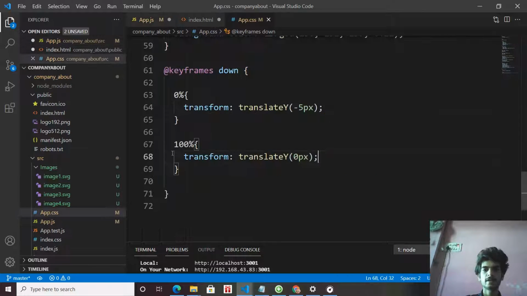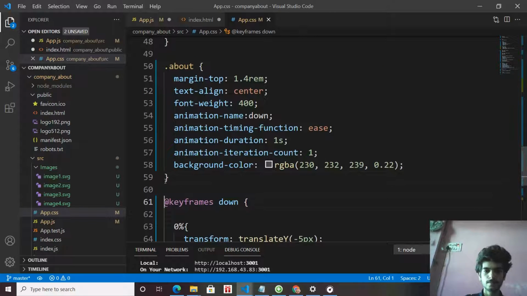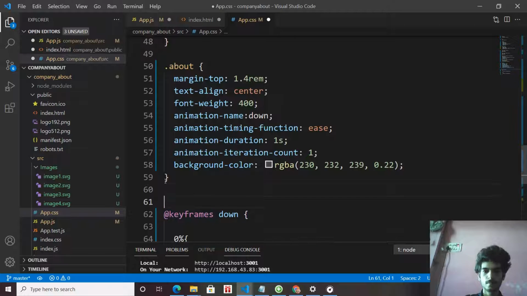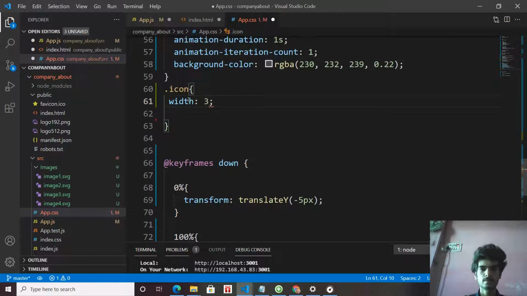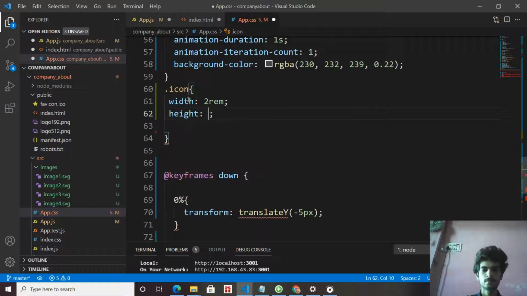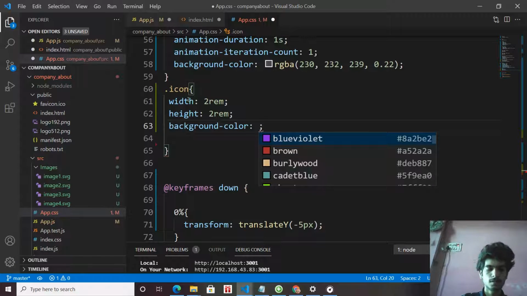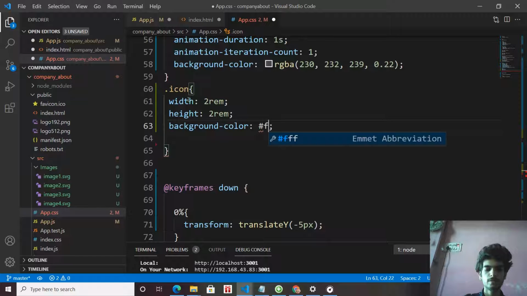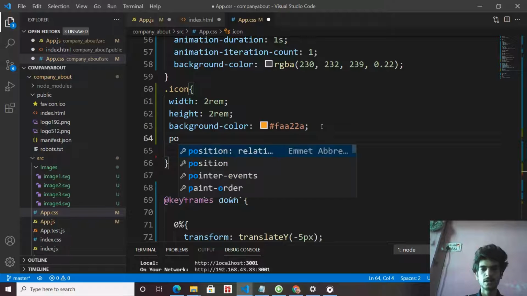Come to app.css and select this icon tag and give it width 2 rem and height 2 rem, background color, text values, position absolute.